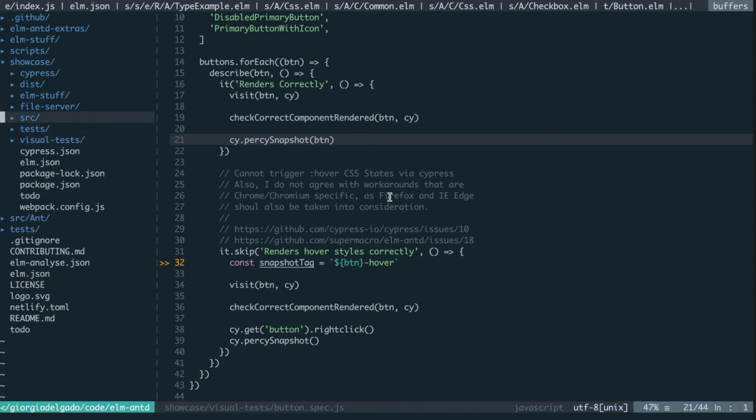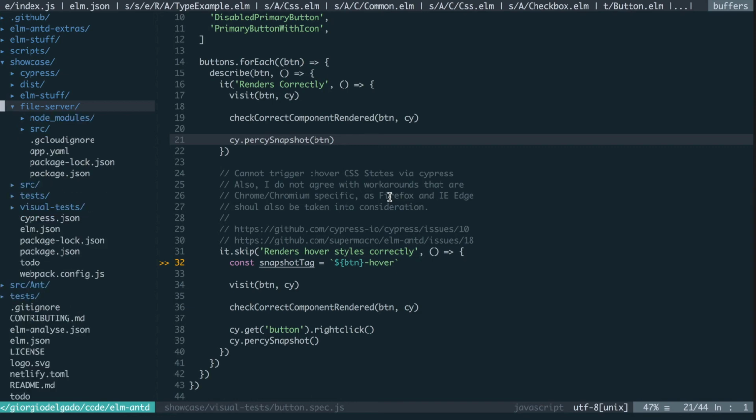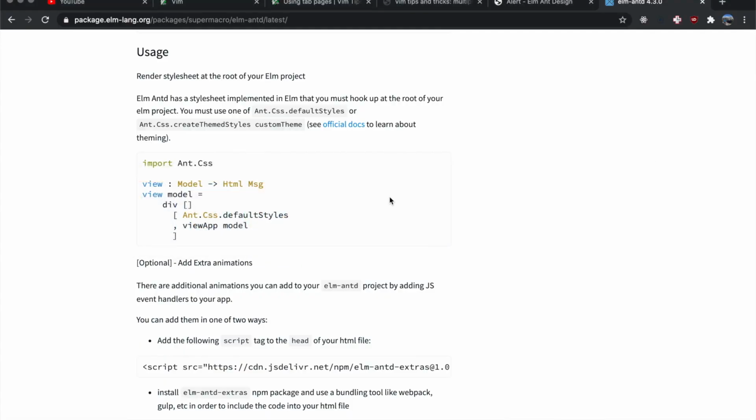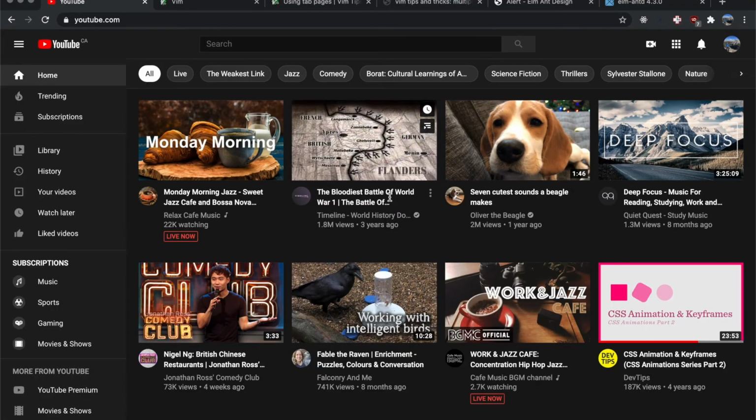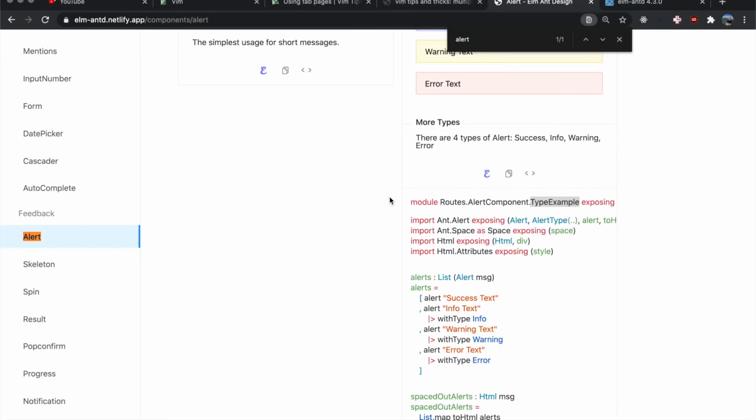Okay, skipping all that stuff. Let's see. So this is what's built with Webpack, Elm stuff. We know what Elm stuff is already. File server. Okay, so file server. There's some historical context, but basically all you need to know is that